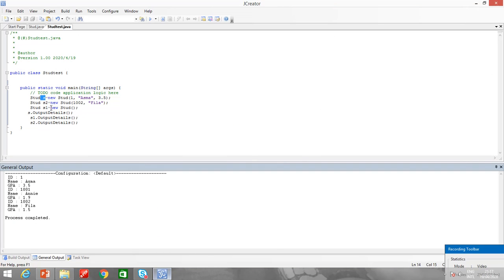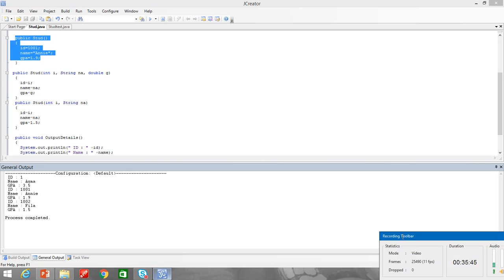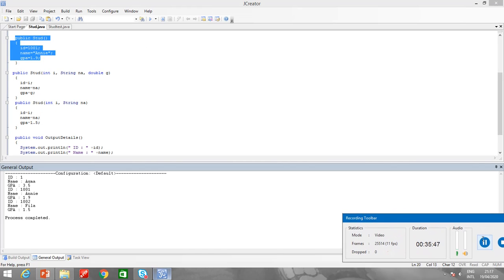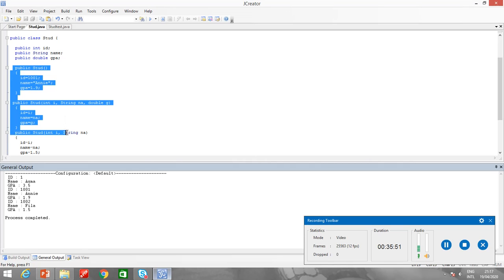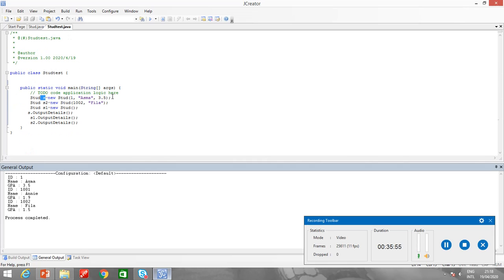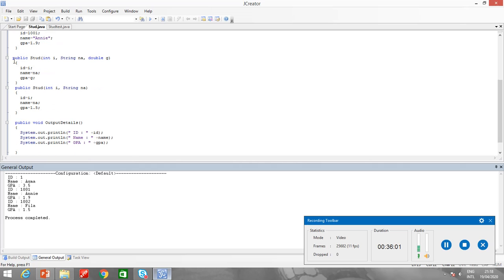Alright, let me give you a very small example here. I will remove all these things and keep a default constructor over here.